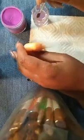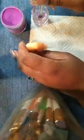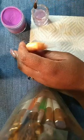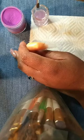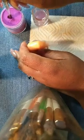All right, so now we just dip that brush. We totally submerge the brush, bring it back up against the sidewall, drain a little bit. You don't want your brush dripping. See, there's no drip, but it's wet enough. You grab a nice size bead,